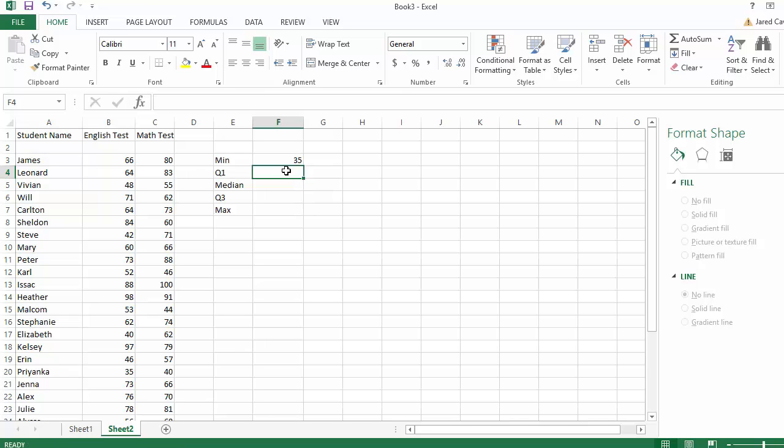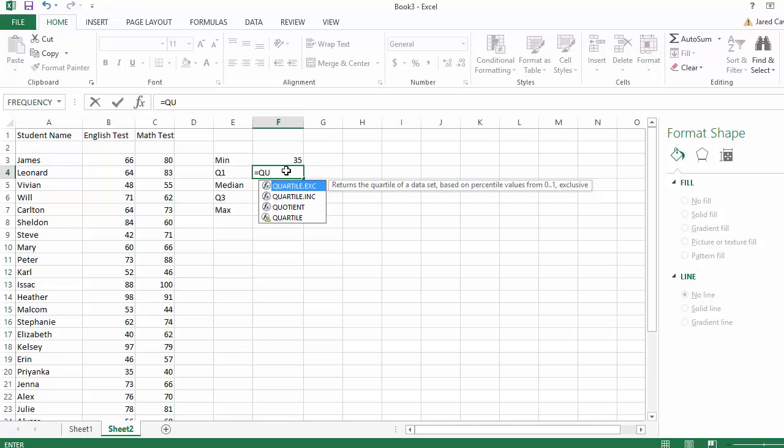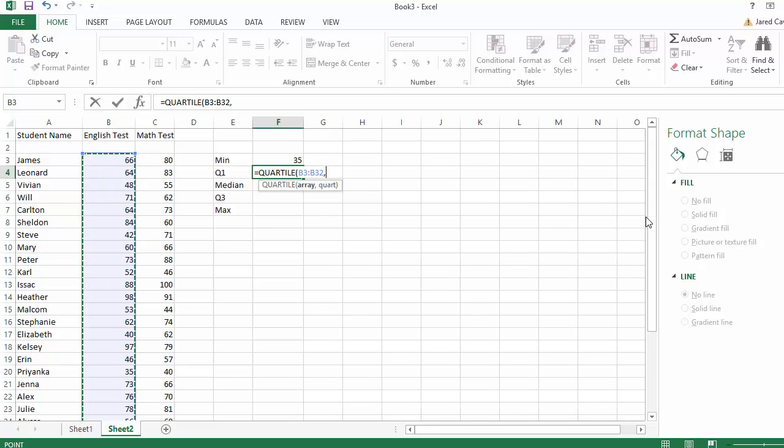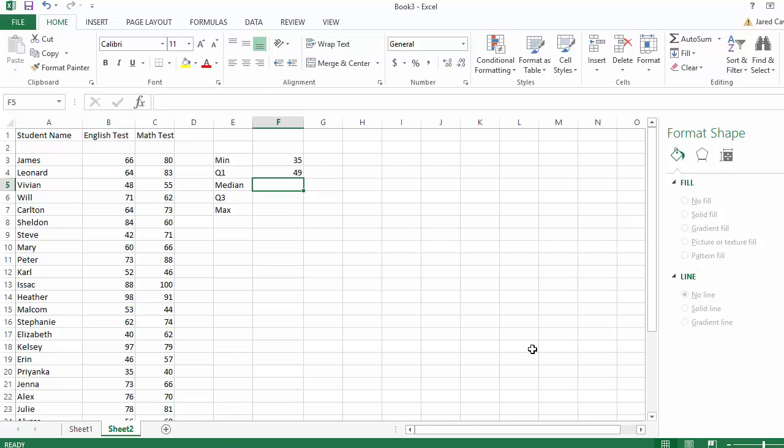For the first quartile, we're going to hit equal. We're going to type in literally quartile. It's right here, quartile. I like typing it out, and you see right here, it's going to ask you for the data array, which is the English test scores that I just used, and then it's going to specify which quartile you want this to be. In this case, it's going to be 1. So I'm going to select my data again. All right, and I'm going to hit comma 1, and then close this up,